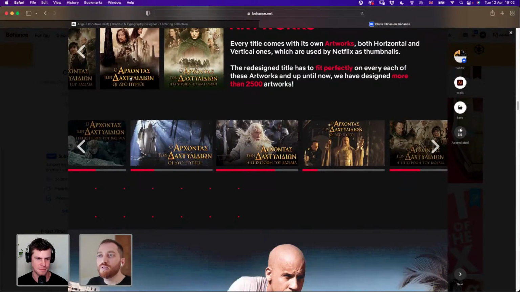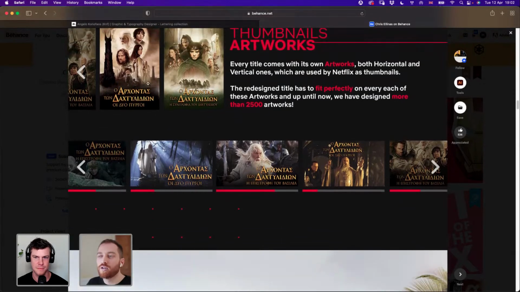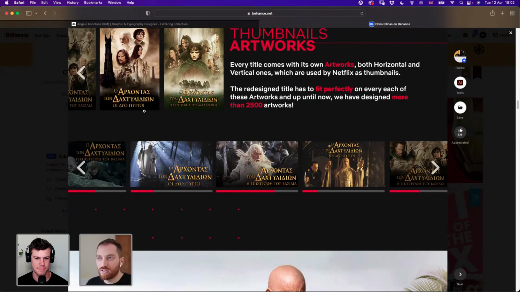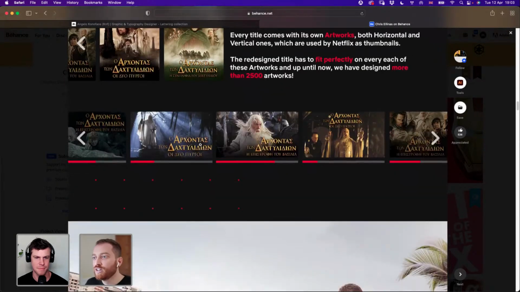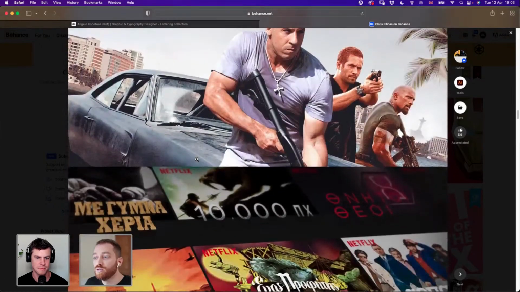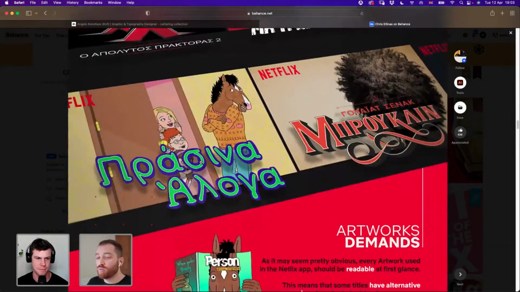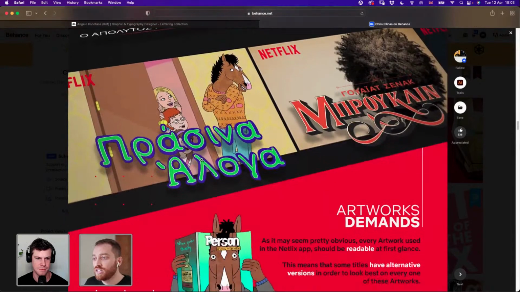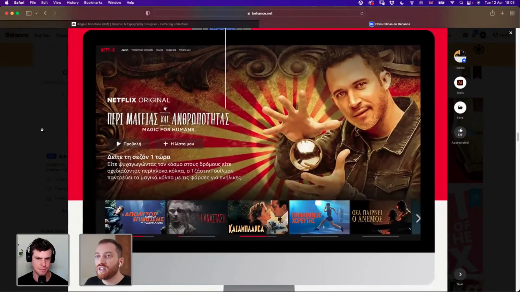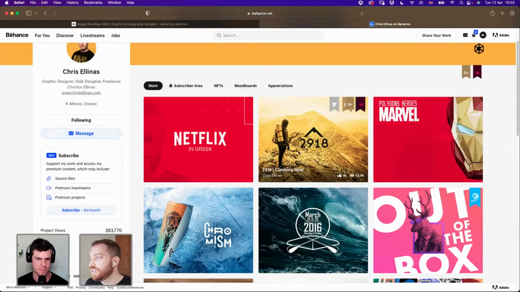Exactly. Or to create the same effect, this is the Lord of the Rings, for example. You have to create the same shiny effect on this yellow, like a ring, which is sometimes difficult, and you don't really know what brushes or effects to use. It depends where you're working.